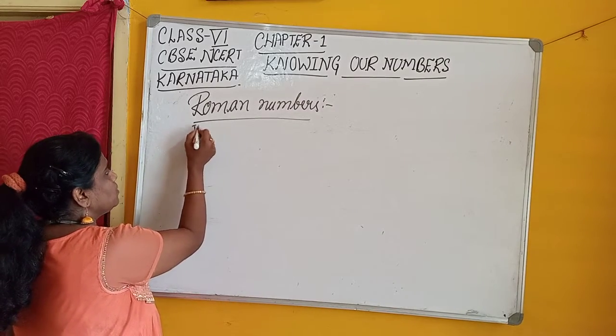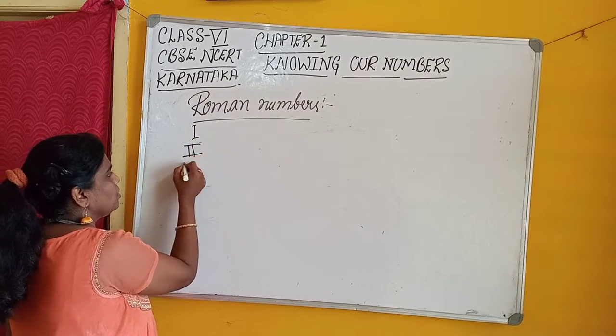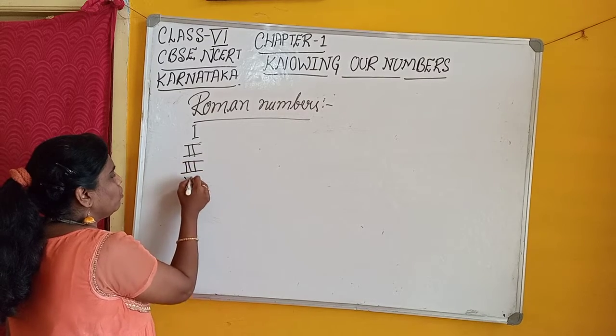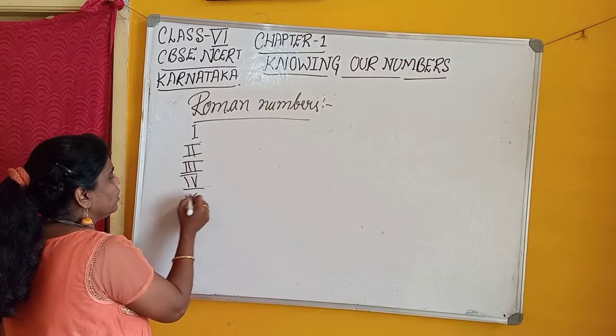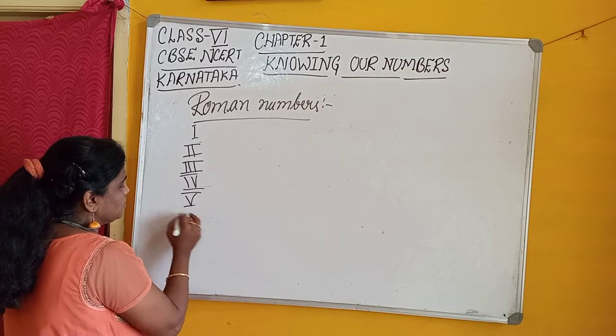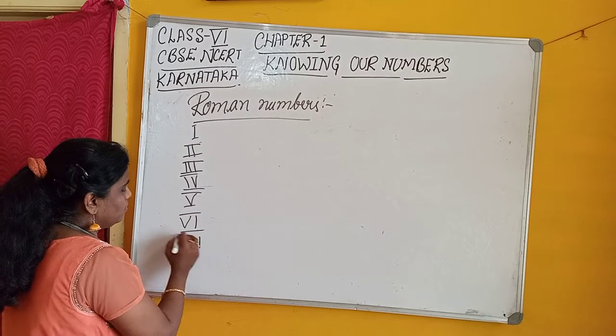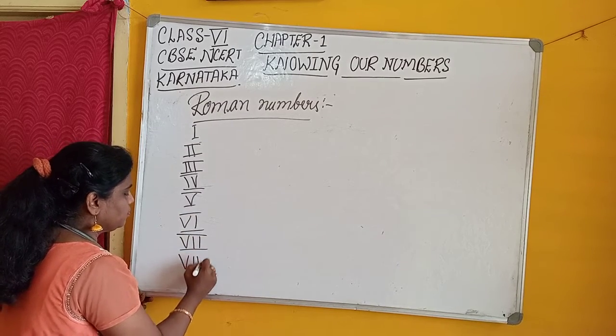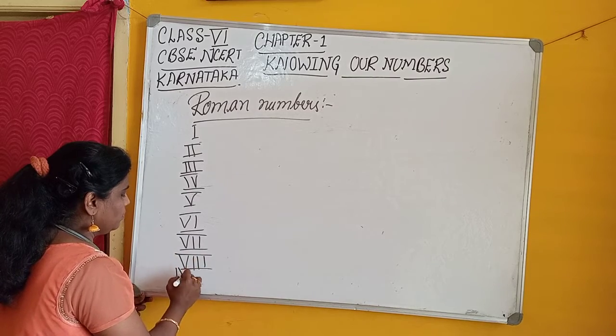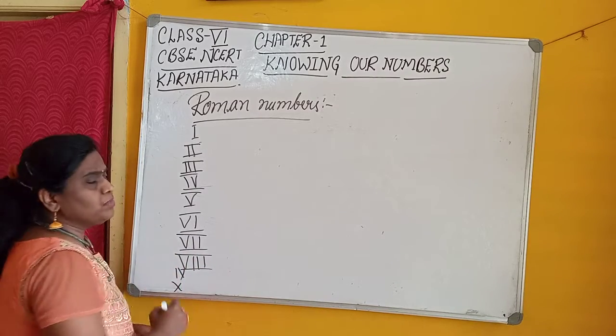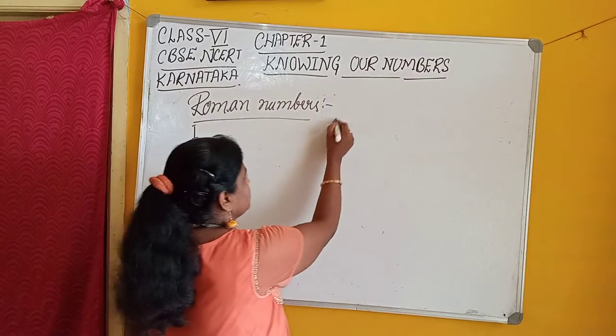That is first line, second line like this, third, fourth, fifth, sixth, 7, 8, 9 and 10. Some standard Roman numbers are